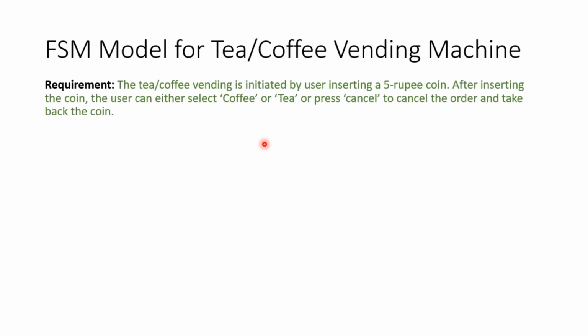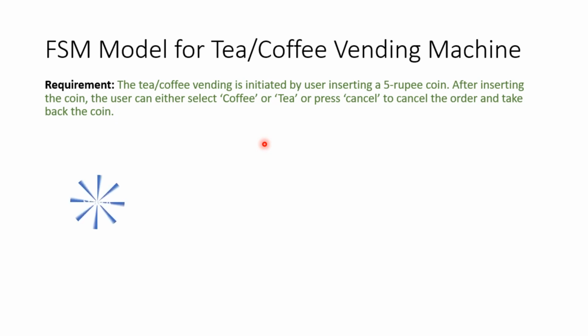So this coin out, right? Taking back the coin, I will connect it with the initial state, that is the waiting for the coin itself. So first you will insert a coin. In the next state, that is the waiting for user input state, I will decide whether to return the coin or whether I should go for dispensing tea or dispensing coffee.